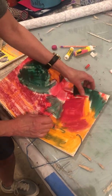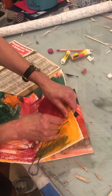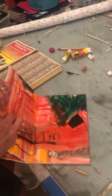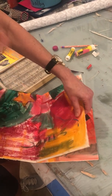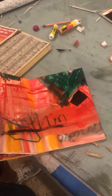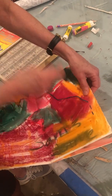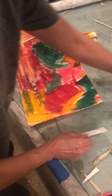And then you can, if you want to keep your pages together, or just add a decorative border, I'm gonna just do a running stitch. But this will actually keep those pages from falling open. Okay, I kind of like the way that line looks. Okay, the other thing I could do with the stitching is I could choose,